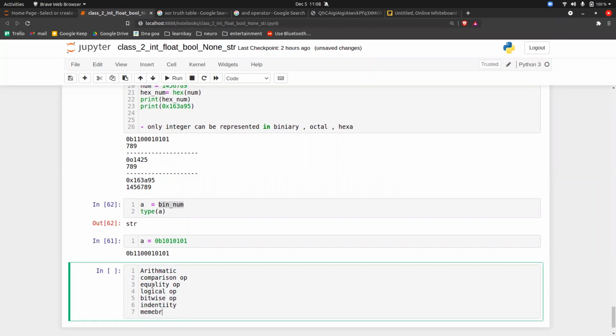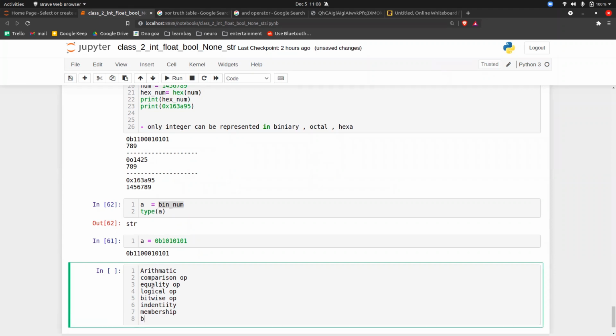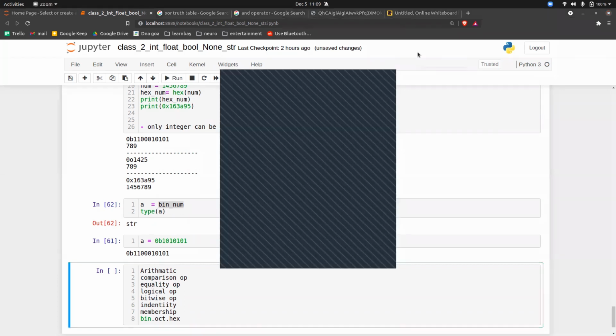Then membership, but I have not explained membership till now because it is not applicable for integers. Then we have seen binary, octal, and hexa representation also. So all the 8 things are clear to each one of you. It will be great if everyone gives me the answer, so I get a clear idea also. What about Ruma? Clear? Yeah, clear. Okay. Thank you.